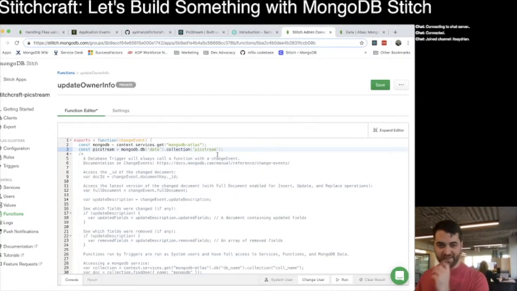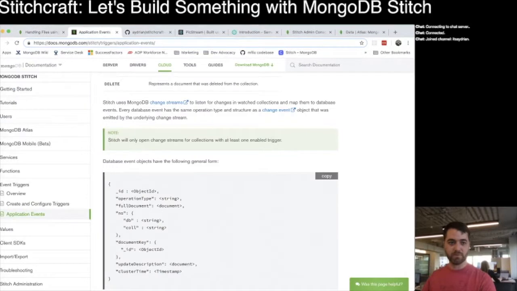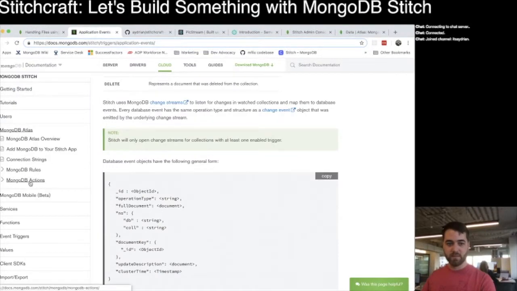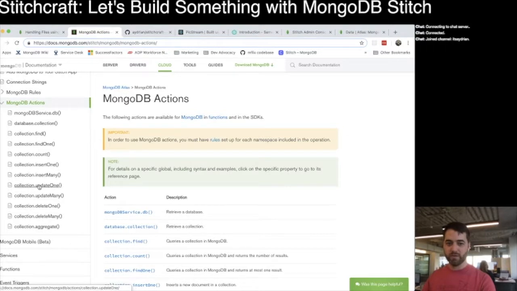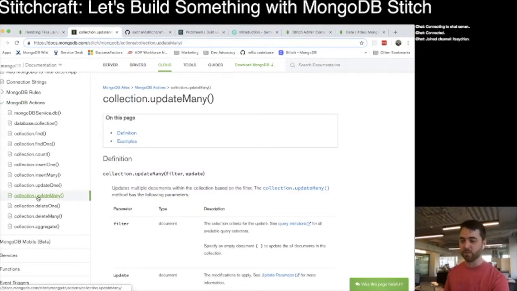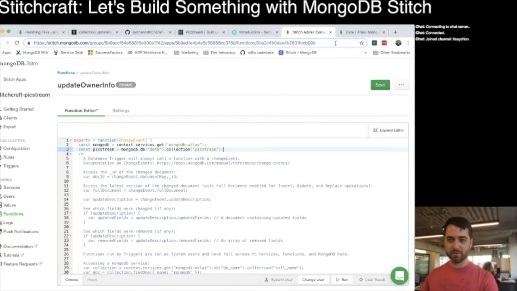Cool. And so what we want to do is go back over here and see what operations we have available to us. So we go back to MongoDB Atlas and back to the actions. We're actually going to do an update many because we want to update all of the pickstream items where the owner ID is equal to the user ID. Actually, I think we're going to need the full document now that I think about it, because that's not going to change, and that's the only way we're going to get that. So let's go back to